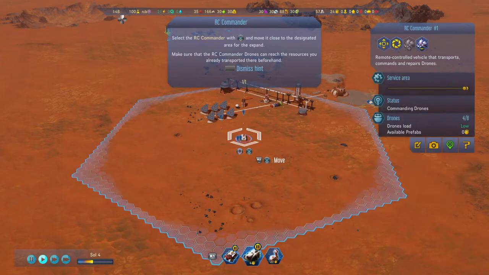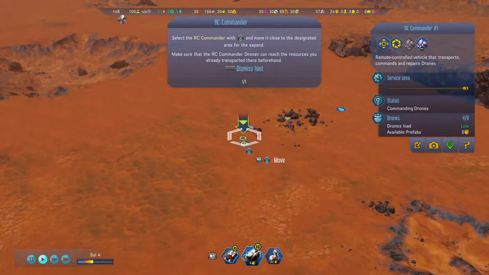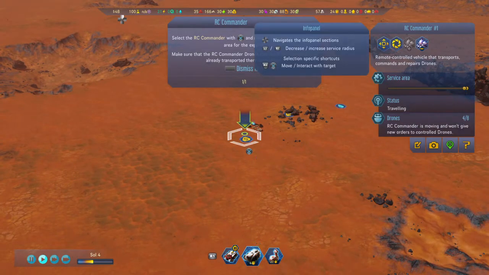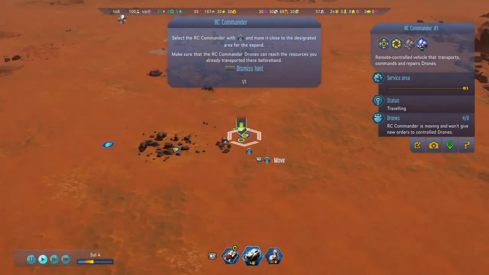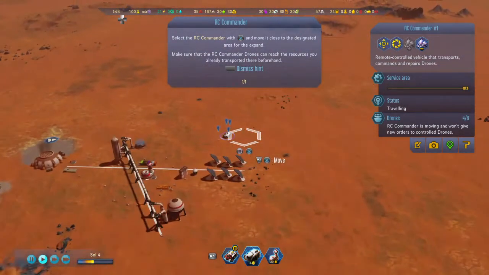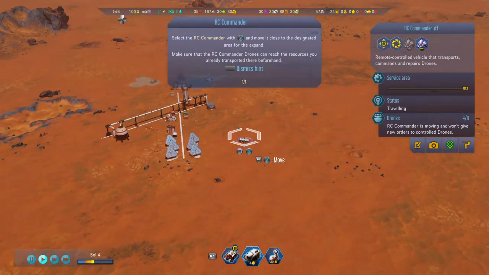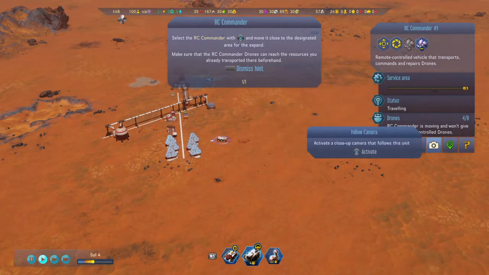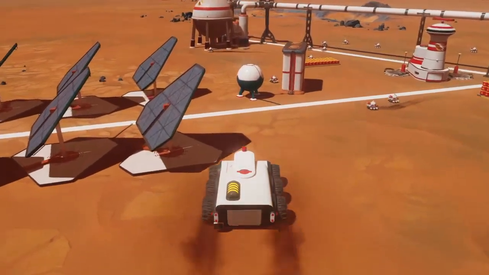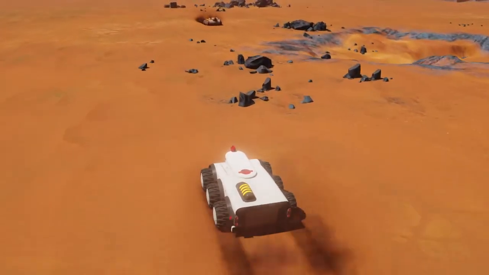So we select X and we're moving over there. What's happening? Are they moving? What are they doing? Let's try this, follow. There we go. Speed up time a little bit as well. Let's follow the